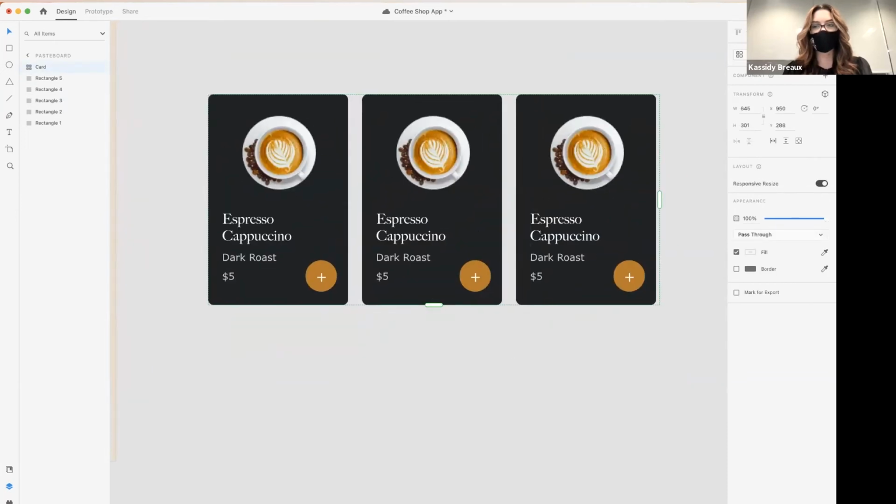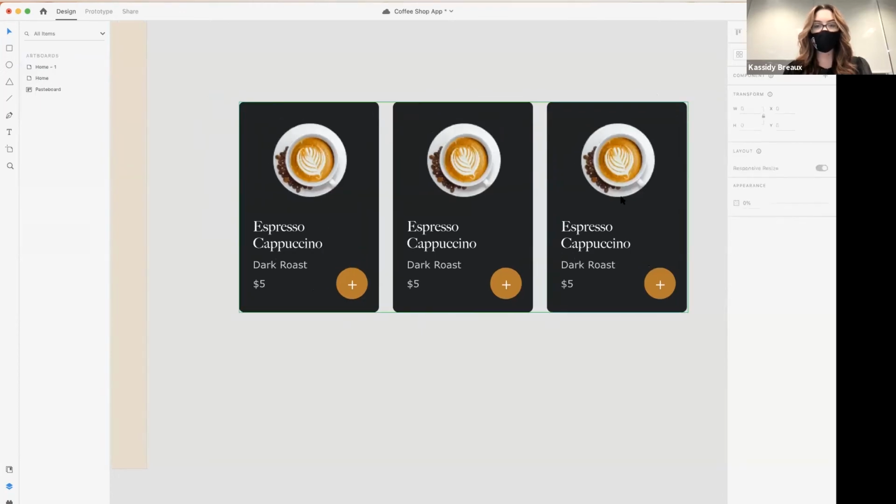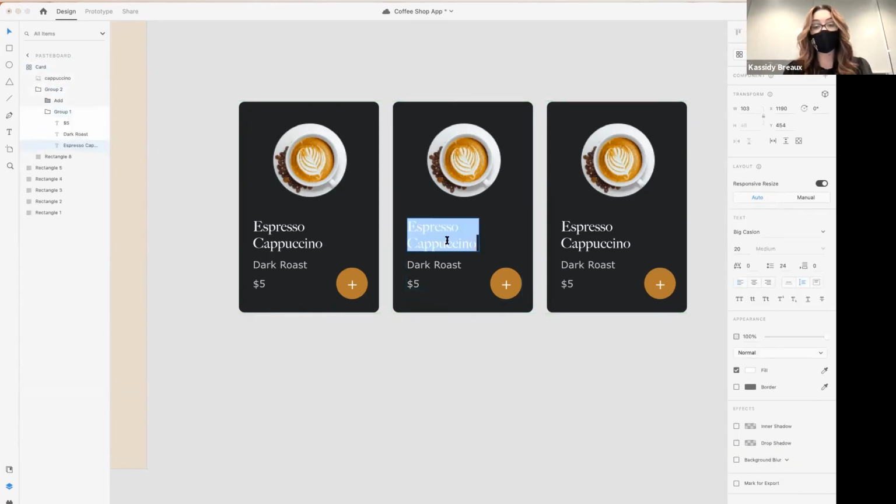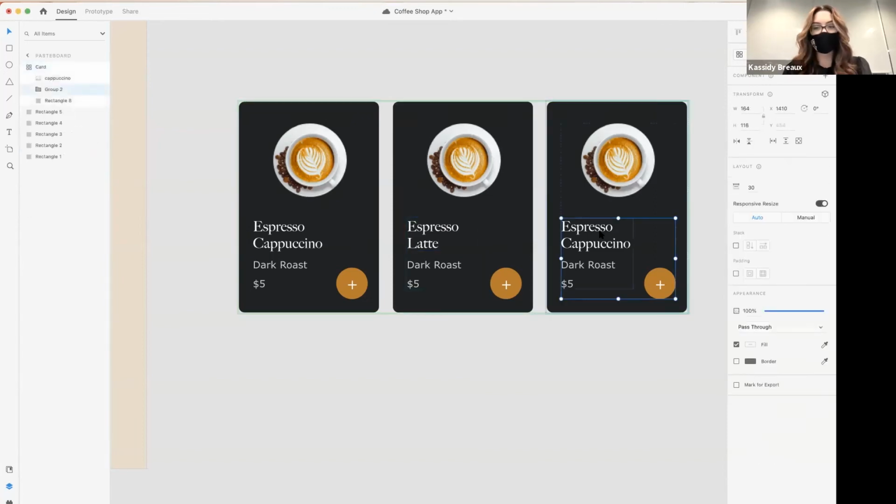So did everyone see that? I clicked that grid up here and just dragged. Cool. Now we can change out our images and our text. So maybe the second one is an espresso. Instead of a cappuccino, it's a latte. We can keep the roast and the dollars the same. And then maybe this third one we can do,